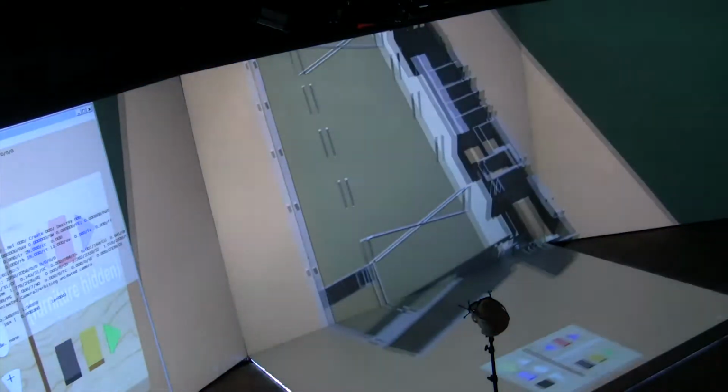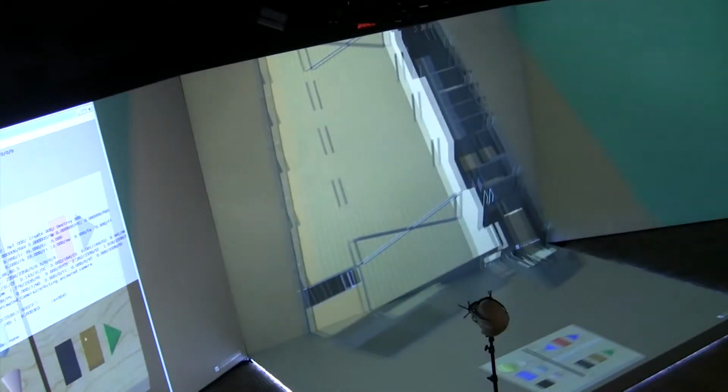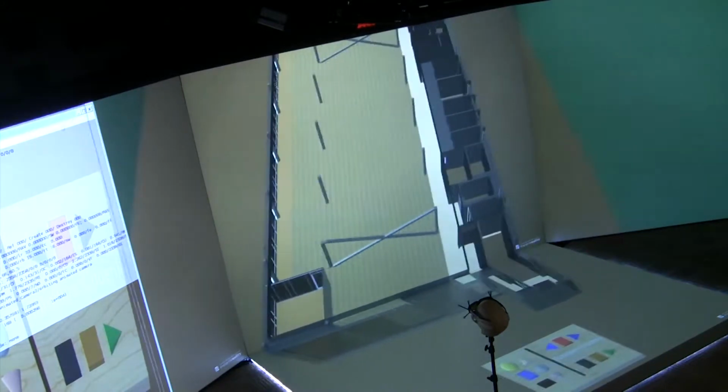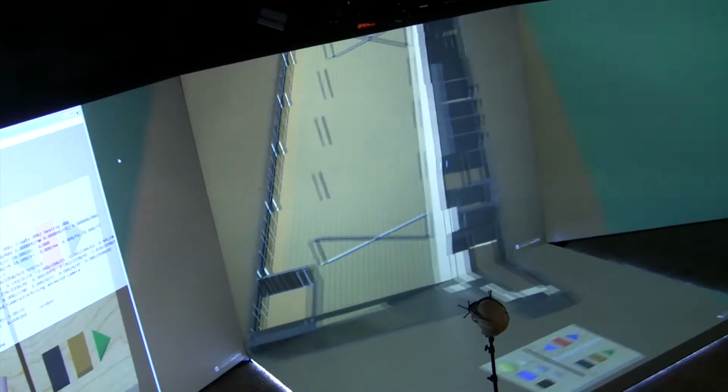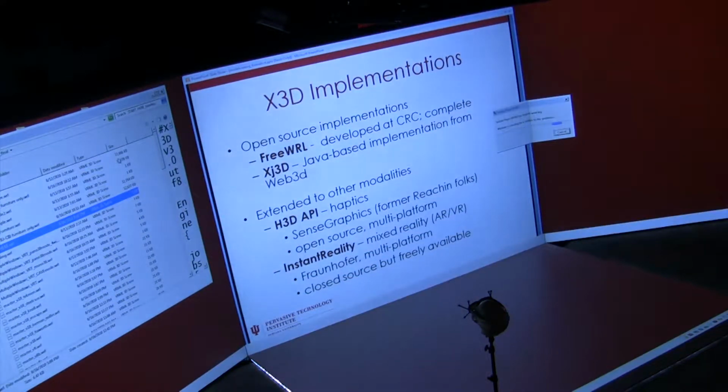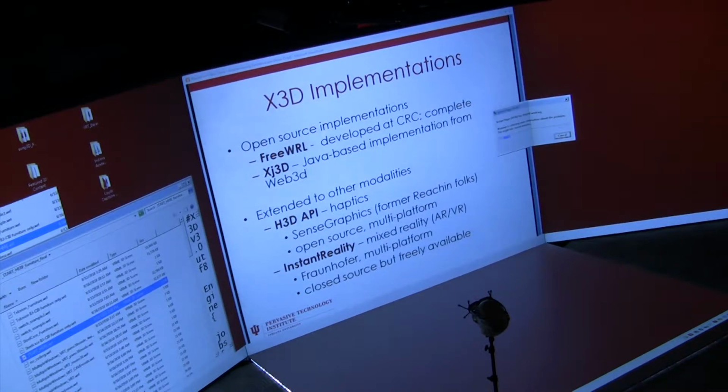I think we could toggle various light sources and so forth. I think that's all I want to say about that. It's basically a standard X3D file, but there is a section in there where you have to add information about the layout of the viewports and the number of screens. So one of the other advantages of